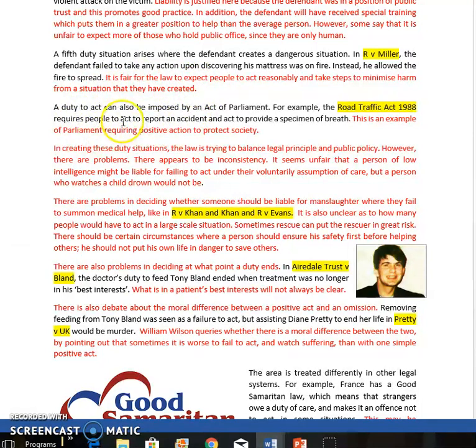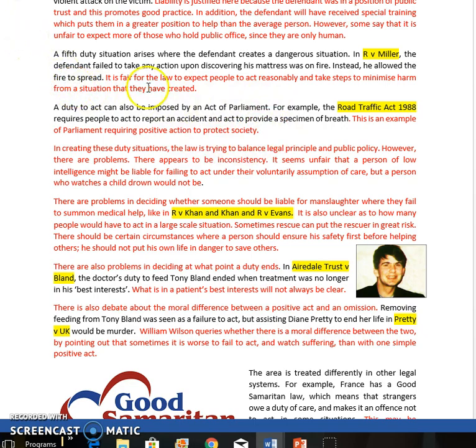Next duty situation is through an Act of Parliament. So it's possible for Parliament to create an act that requires people to act. So an example you could use here is the Road Traffic Act, and that act makes it an offence if you fail to report an accident and if you fail to provide a specimen of breath. The reason behind that law, of course, is that it is designed to protect society from dangerous driving and from